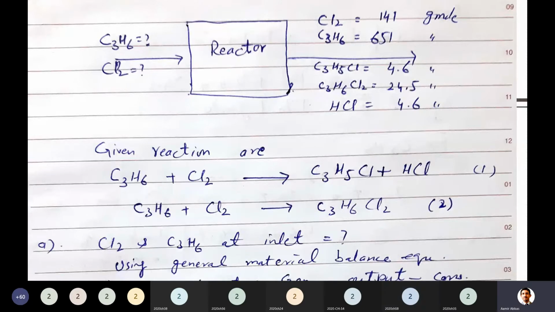So all those who don't know, they were given in the question in the table. I have written those values directly, and they are all in gram mole, so I didn't write gram mole again and again. I have just put this equal sign, that gram mole is the unit for all of these. There are two reactions, which I have named 1 and 2. Up to here, that's the simple thing given to you in the table and in the statement.